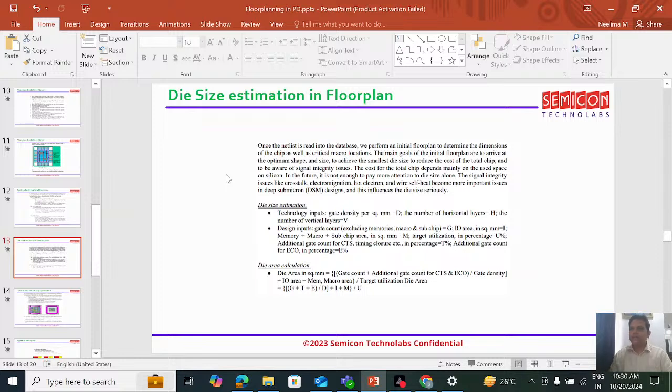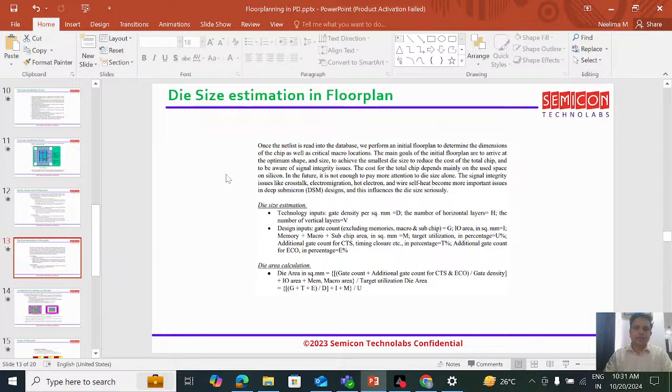Now, once the sanity checks are done, we are aware of the floor plan guidelines. What is the importance of floor plan? How do we do the power plan? Now let's go into the area where we have to estimate the die size, because the optimal die size is the one where we have a good floor plan. It should neither be more area, nor less area. Optimal die size, because finally the design has to be routable and there should be very minimal or zero